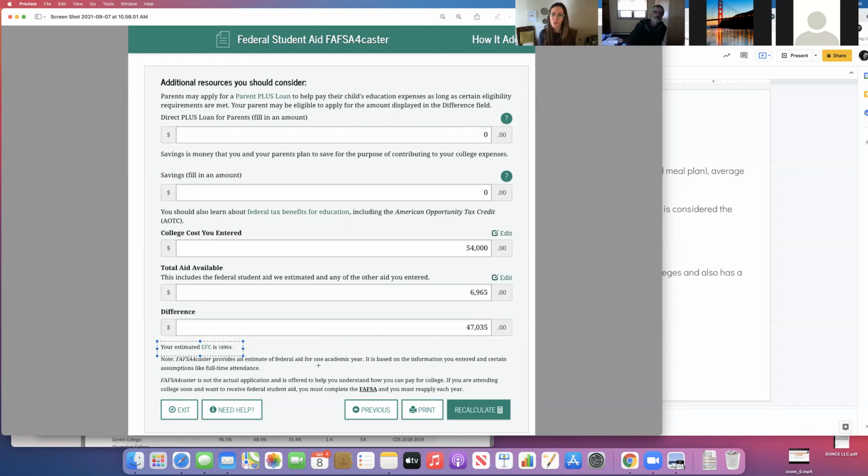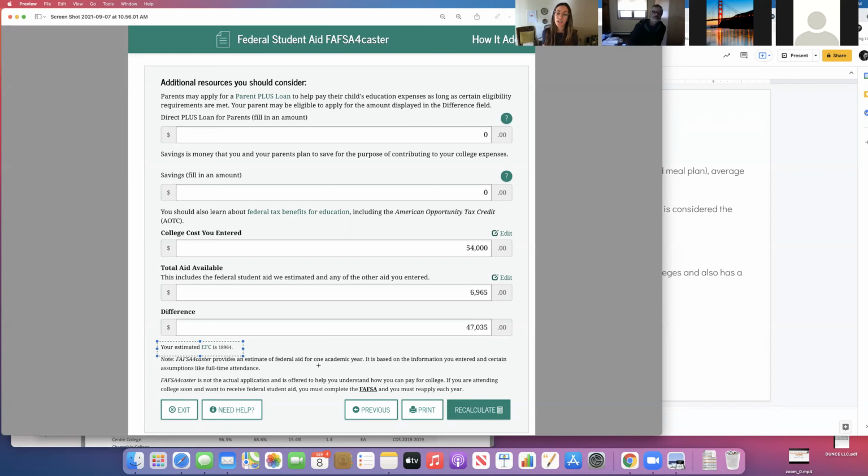They think, oh, we're not eligible for like a Pell Grant or a Perkins loan, so we're not going to apply for the FAFSA. We're not going to fill out the FAFSA. No. You can see here, based on my hypothetical family that's making $95,000, they're not eligible for much federal aid, but they're actually going to be eligible for a lot of institutional aid. And I'll tell you how that works.